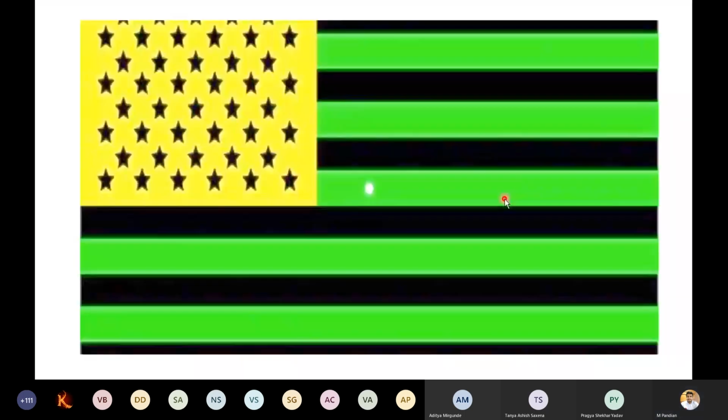So this is the opponent color theory. When you stare at a particular color, it shows a different color. Now, one more task. See this white dot again for 30 seconds. Now the green color is going to change, the yellow color is going to change. The black becomes what kind of color, you are going to report to me. 10 seconds over.